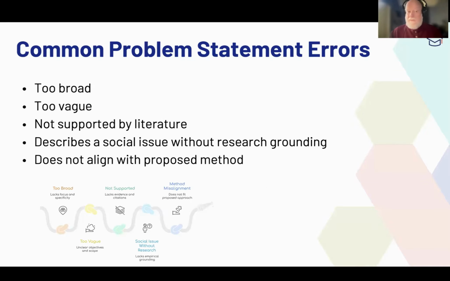There's a lot of common problem statement errors. For example, a lot of times novice researchers will create problem statements that are just too broad or too vague. And the problem with that, particularly at the dissertation level, is this is a student paper, and your job is to show that you can follow through with research and do what you've been trained. If the problem is too vague or broad, you may end up doing 2 or 3 dissertations and doing much more than you need to get out of school.